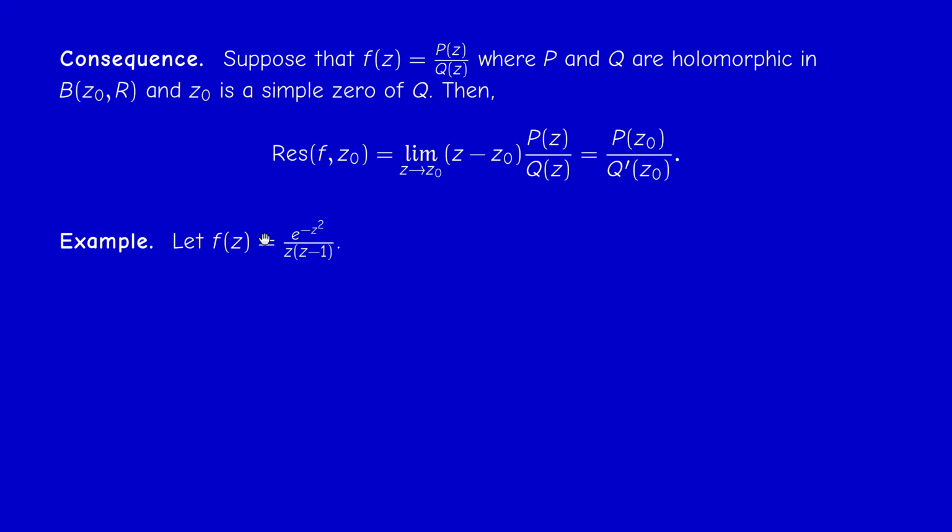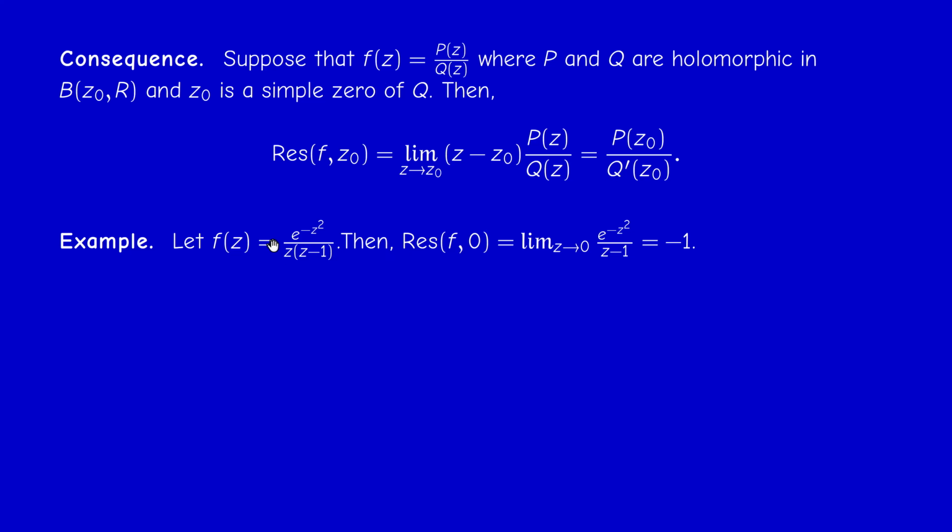So for example, if we take f(z) to be e^(-z²) over z(z minus 1), let us copy. There are two poles here. There's the residue at 0 and the residue at 1. Now, if you look at the denominator, it's something of the form q(z), and z equals 0 is a simple zero, and similarly for 1 actually. But if you concentrate on 0,